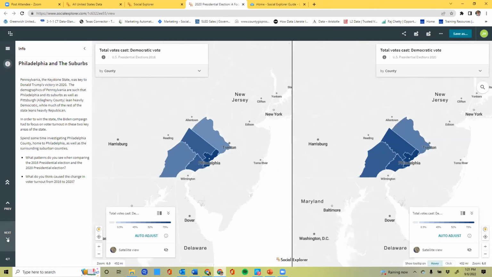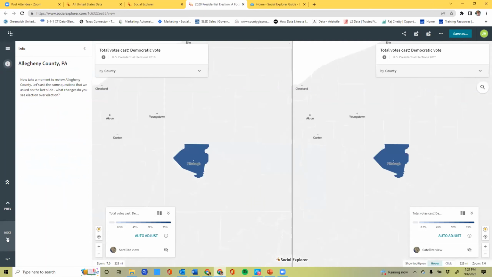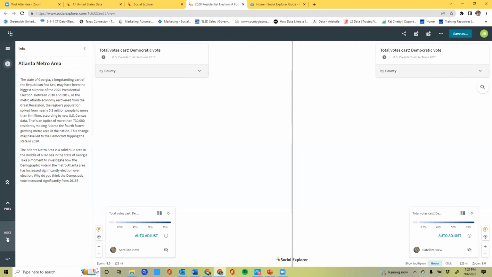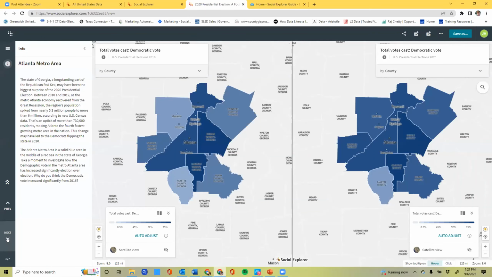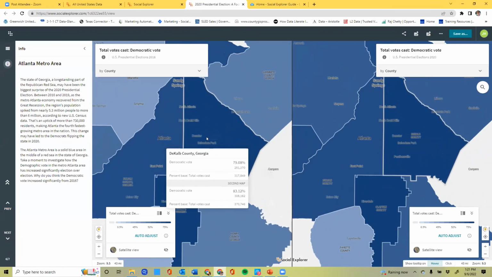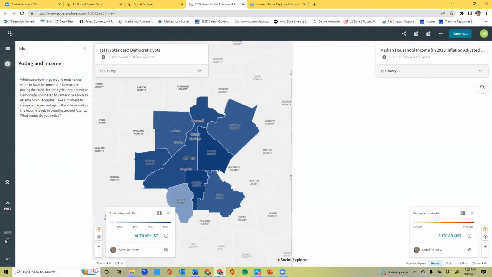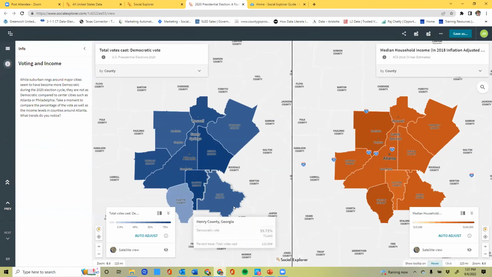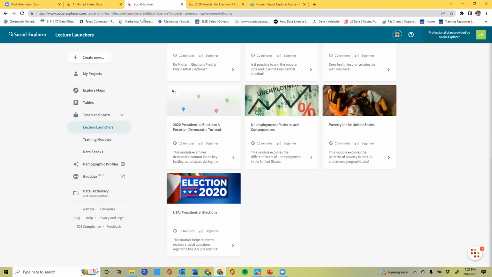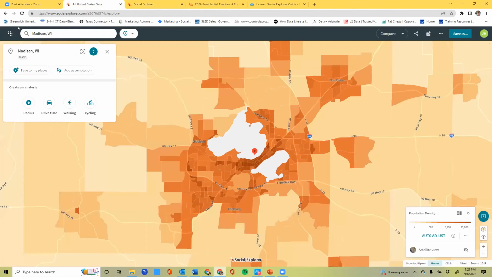Now I'm looking at Philadelphia area. I'm looking at Pittsburgh. I'm looking at the Atlanta suburbs. And again, I can zoom in and out. And these are the types of activities that students can build themselves or faculty can build and share with students. So if I go back to Social Explorer,